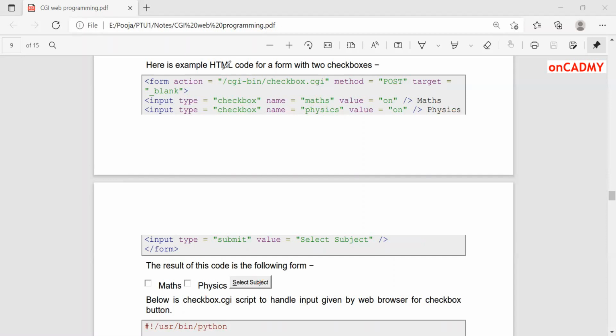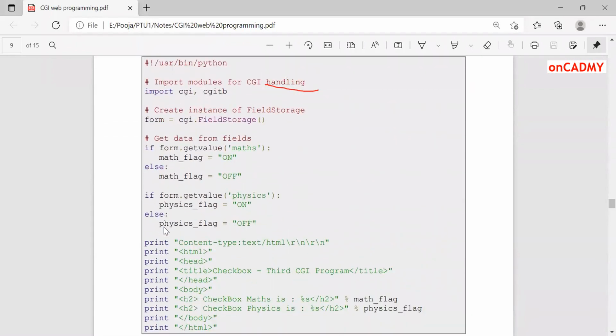Now the CGI script for checkbox.cgi is given over here. When we click on select subject, the control will go to checkbox.cgi. Then what will happen? Let's see through this script. We'll import cgi and cgitb, and form = cgi.FieldStorage.